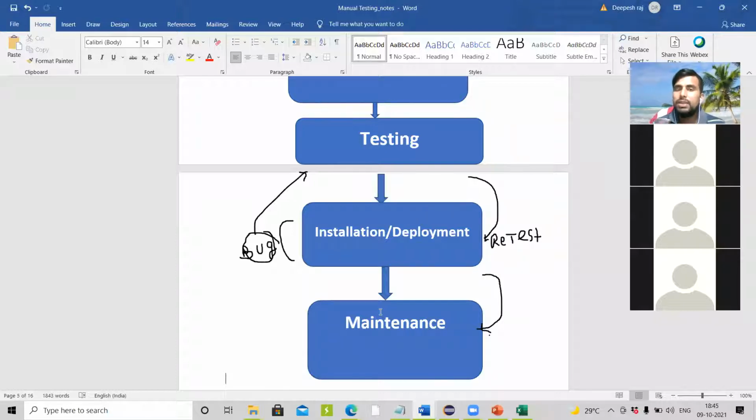If someone asks me what is software development life cycle: it is a process to develop software. It consists of different phases: requirement collection, feasibility study, designing, coding, testing, installation or deployment, and maintenance. The business analyst and product analyst collect the requirement from the customer and do a market analysis, and it is handed over to a set of team. That team checks the durability and feasibility of the application.